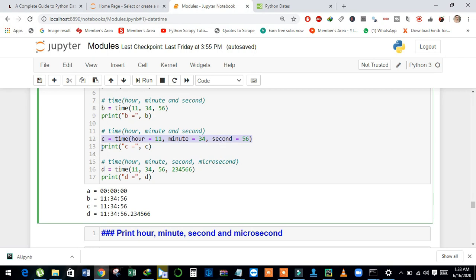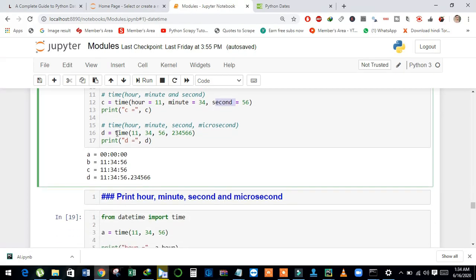And then we can print the value of C. In B I just assigned values, but we can also define variables hour, minute and second. And in the last example, see here, I have defined hour, minute, second and also microsecond.